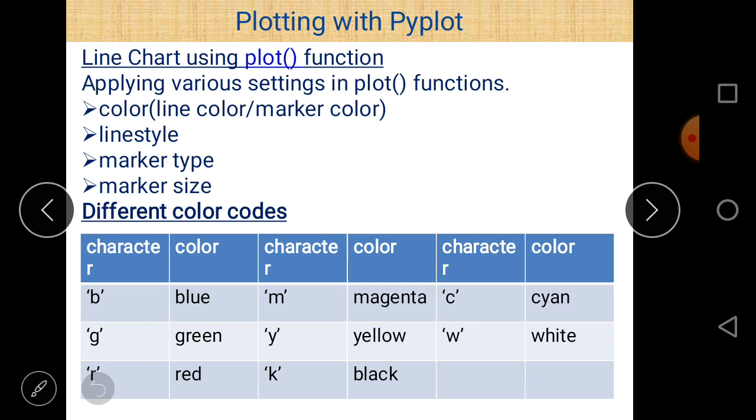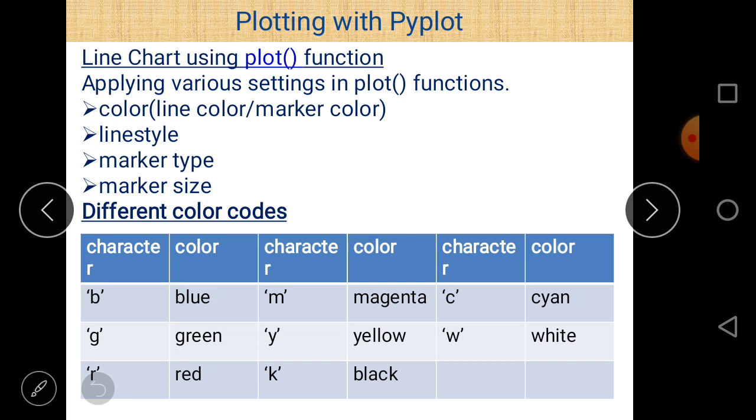Color. There are different ways to specify it. Actually there are three different ways, but here we discuss only two. The first method is very simple: just use the name of the color, such as blue, green, red, magenta, yellow, black.